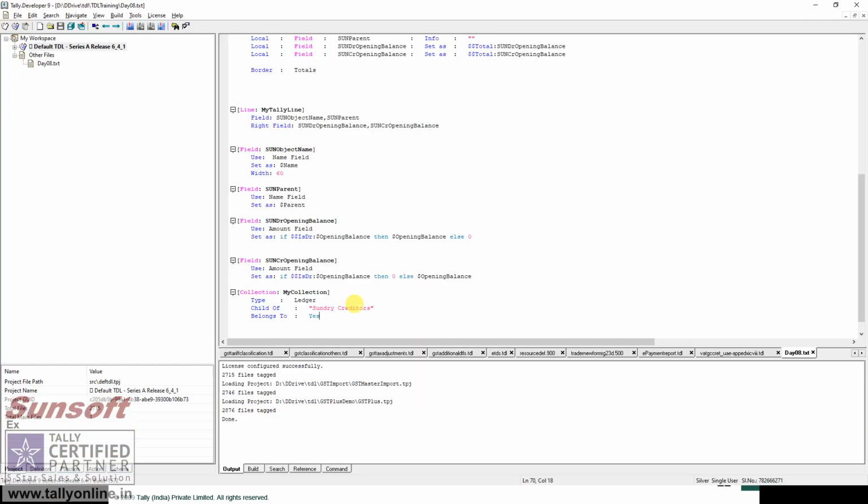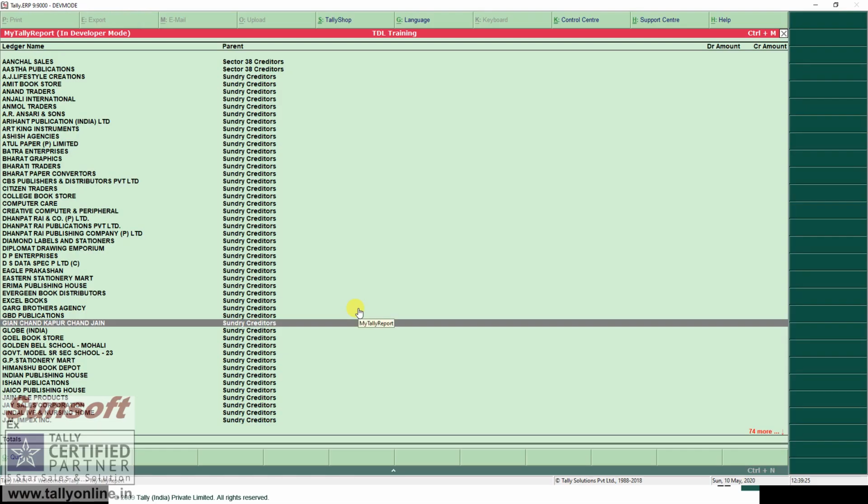So this is about filtering. This way you can filter it, but a child of can only work on the parent part. Suppose I want to have some other criteria.